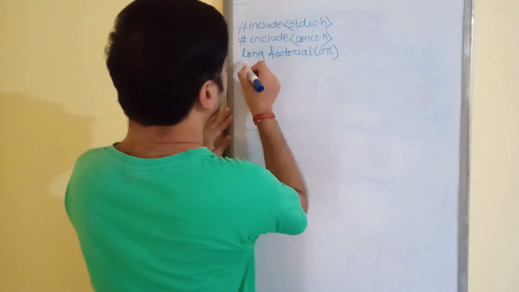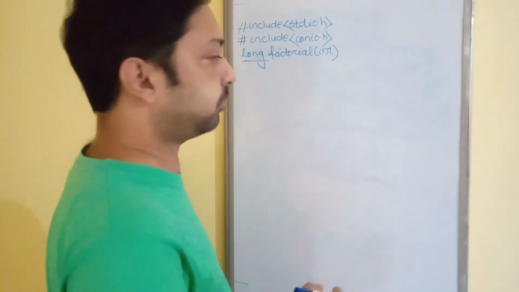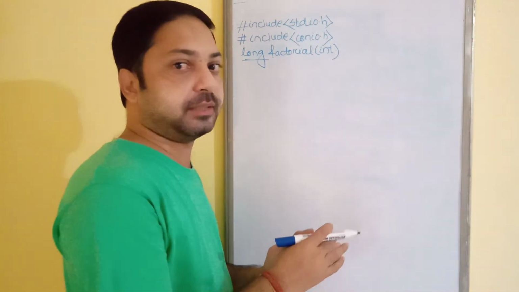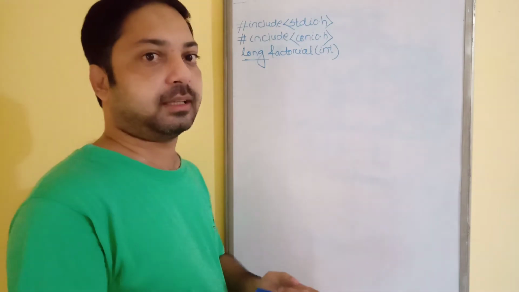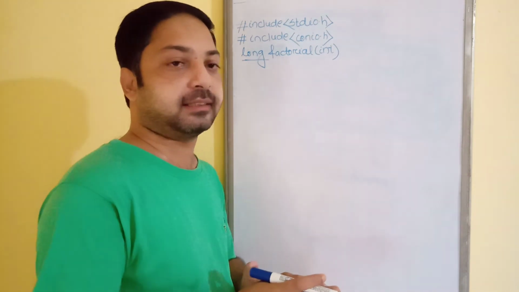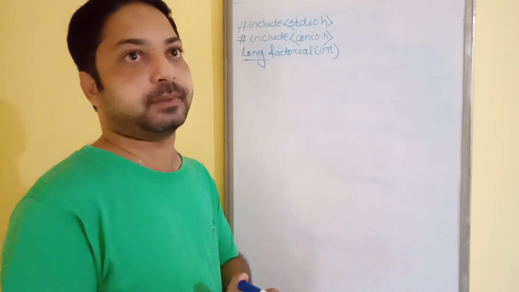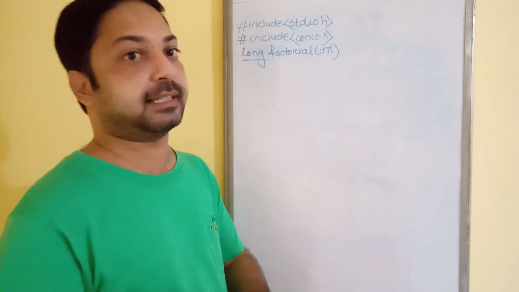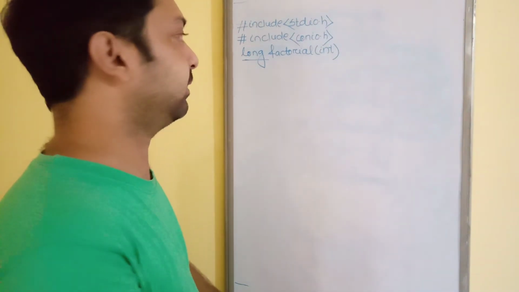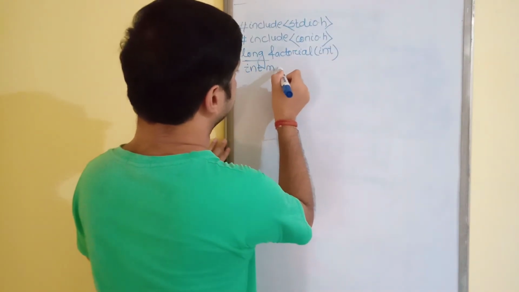Why is it long? What will happen to the program if I write int here? When your number is large, suppose you want to find 20 factorial, then when you multiply from 1 to 20, whatever number is obtained may exceed the range of the integer, that is minus 32768 to 32767. So the number will not be displayed properly when it exceeds that range. It is always better to take long when your number will be larger.